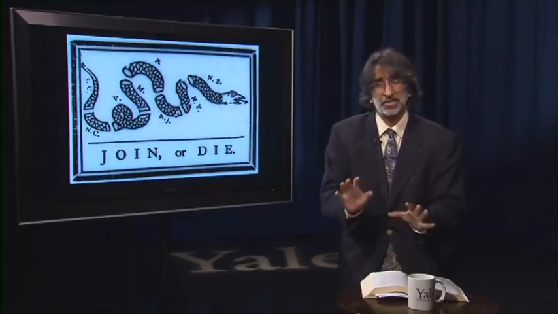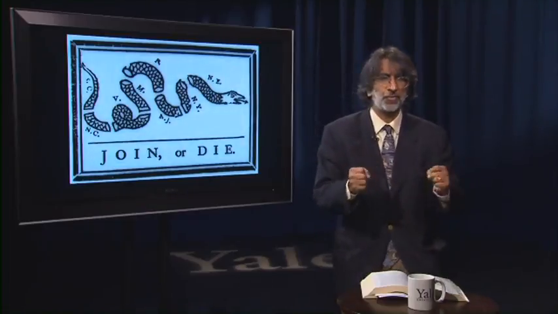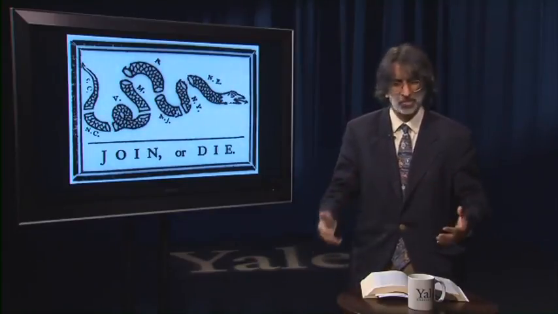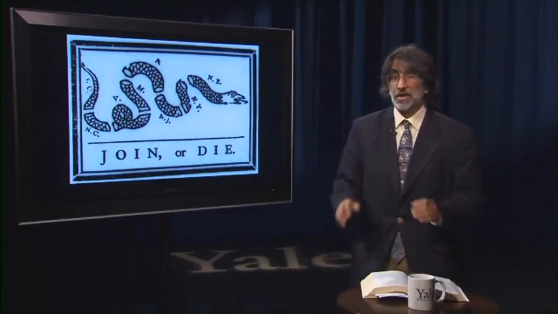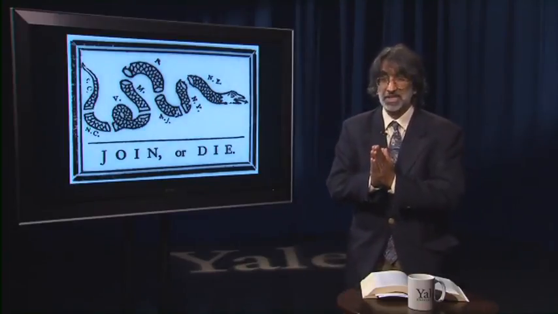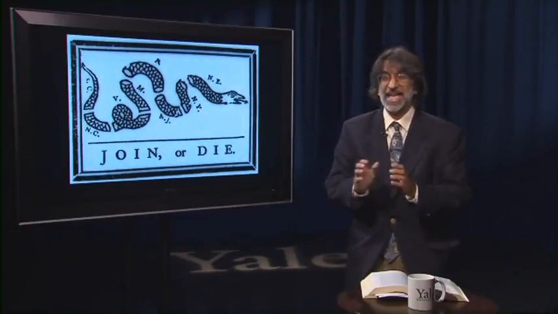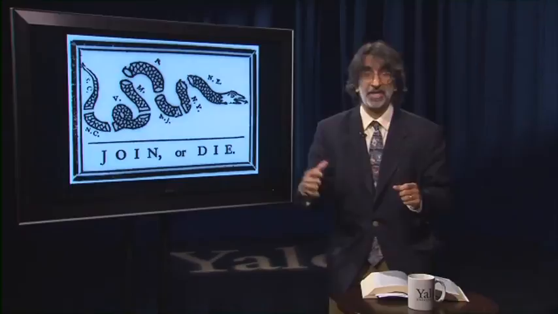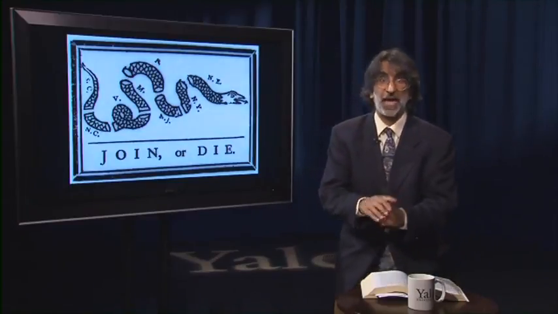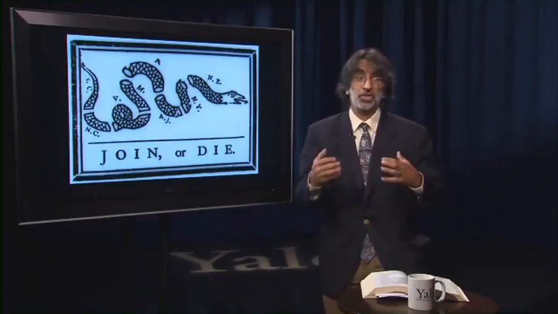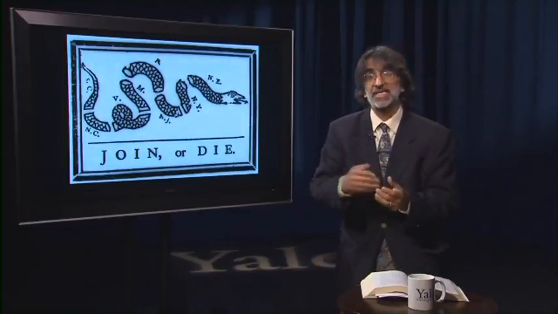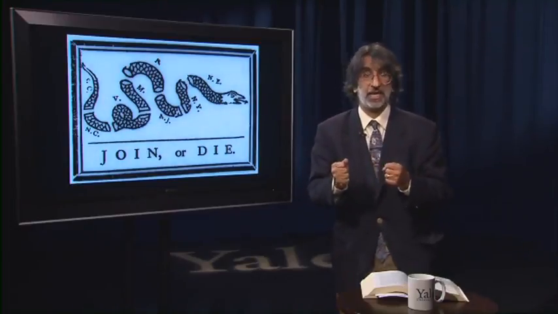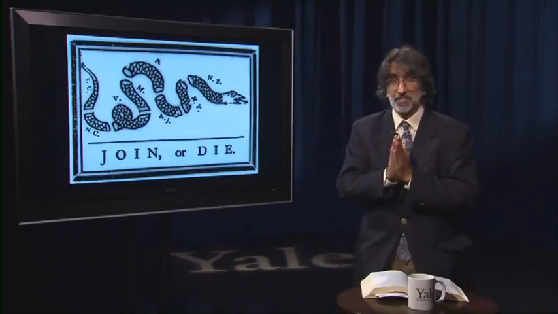Another thing is that the Constitution is better worded, its Article 4 on privileges and immunities, than the Articles of Confederation were. Articles of Confederation were a little bit confused. The Constitution, for example, is going to make clear that when it comes to naturalization of foreigners, people born abroad who come to the United States, individual states shouldn't have that power. The central government should have that power. So it shouldn't be in the authority of any one state to make someone from Europe, for example, an American. That should be decided by the United States rather than the individual states.